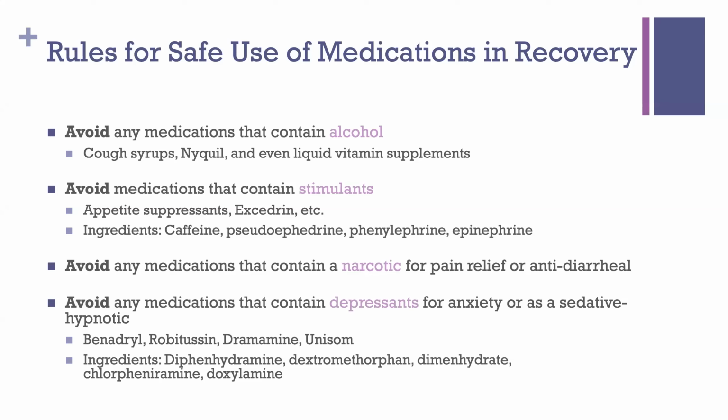And we have some paregoric-based preparations that you can sign for and exempt narcotics. And so, yeah, hand sanitizer, that's right, DXM, all of those. Avoid any medication that contains depressants for anxiety or sedative hypnotics. Benadryl is a big one. Robitussin, Dramamine, Unisom, any of these generic drugs that are listed, you want to avoid those. Not saying you can't use them, but there are only certain circumstances where they would be the best to use. I recommend Benadryl for emergency situations.